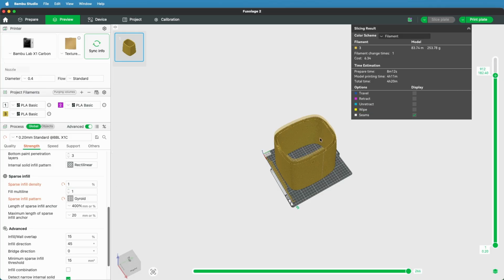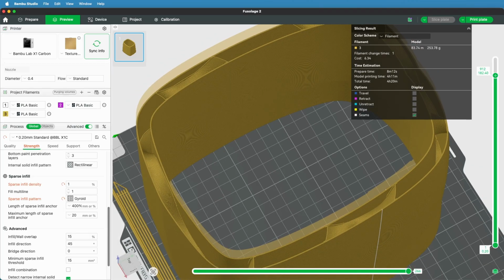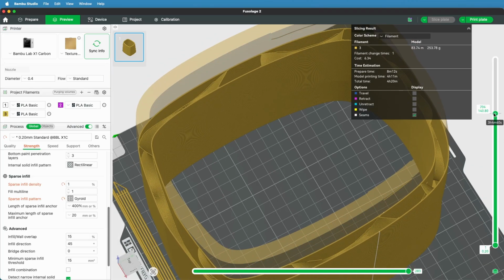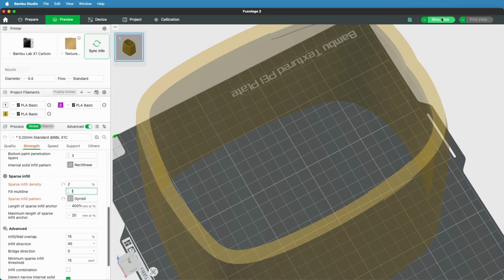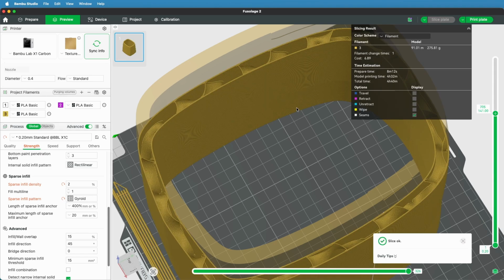So this, if you look here, is the 1% infill. If you want a little bit stronger, you just put 2%. That should be plenty. As you can see, it makes lots of connections,